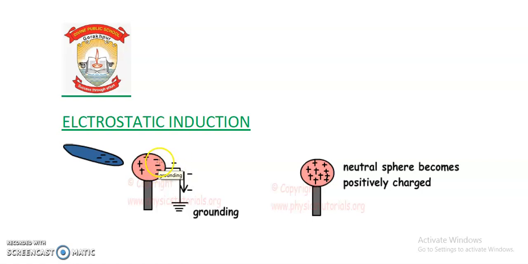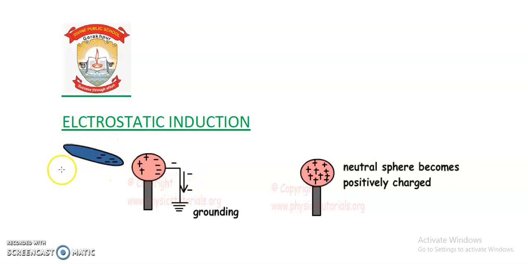If we connect this side of the sphere to the ground, to the earth, the free electrons or negative charges will flow to the earth. This is a conducting wire, so they will flow to the earth. And after this, if we remove